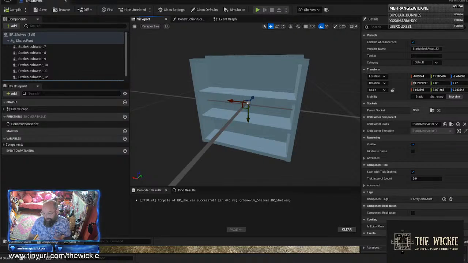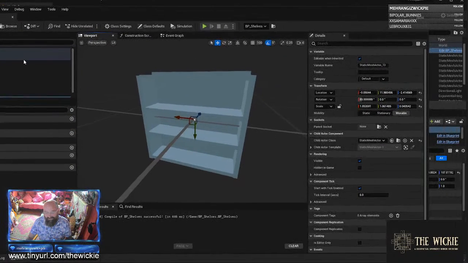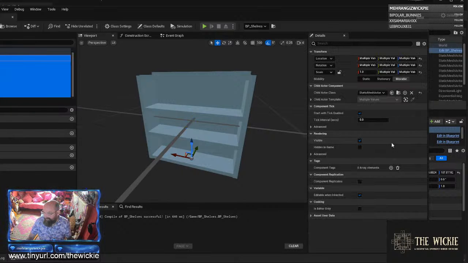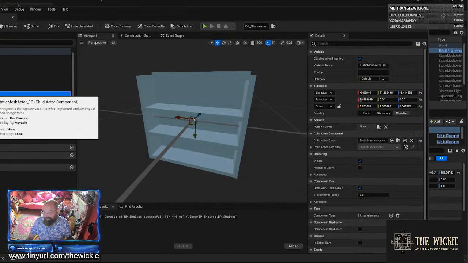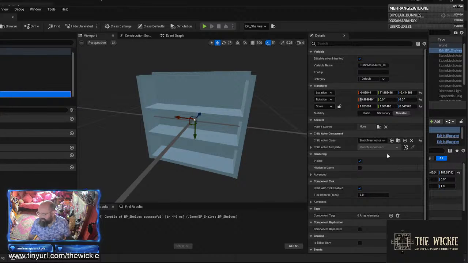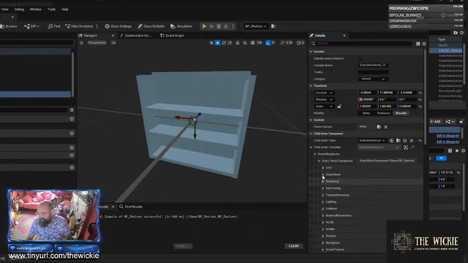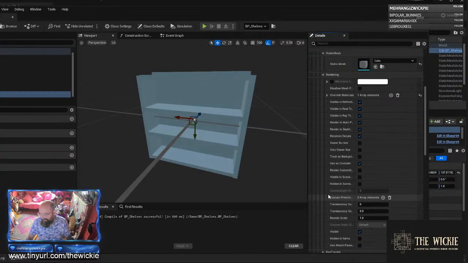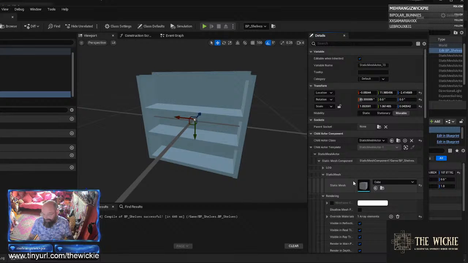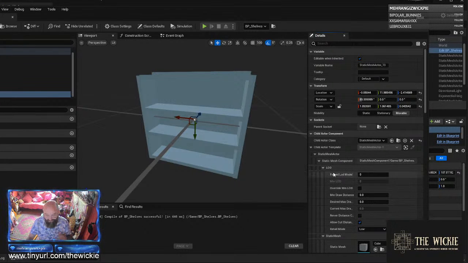So let's say at the back here, let me see, so static mesh actor 7 through to static mesh actor 13. I can see that I've got lots and lots of things here that I can apply materials to. What's the materials thing in here? Static mesh actor, child actor template, static mesh actor, and so on. Open all these up, and I can literally change its material if I want to, just on the fly, just drag it into here and put a new one in. It's not difficult, okay? It's literally going to be that easy. Now if I hit compile and save,